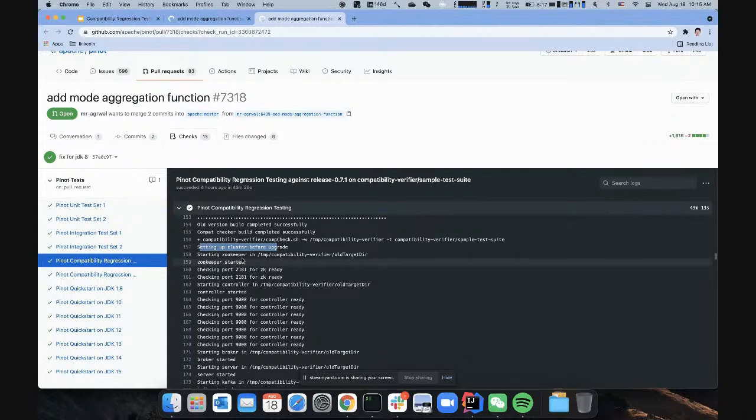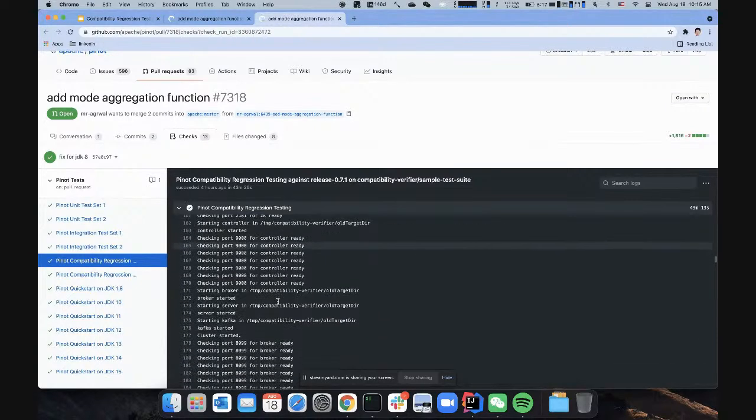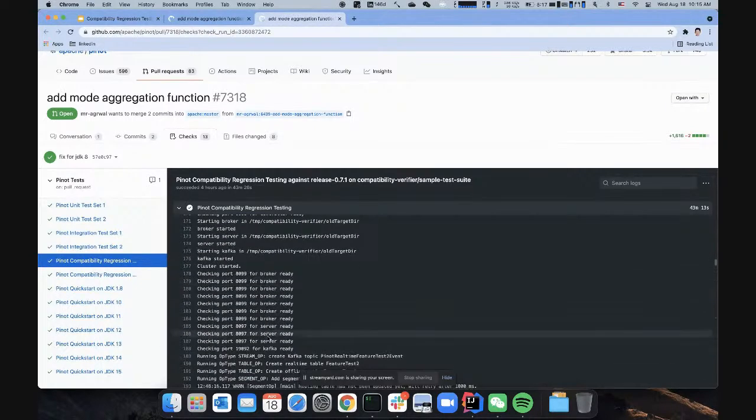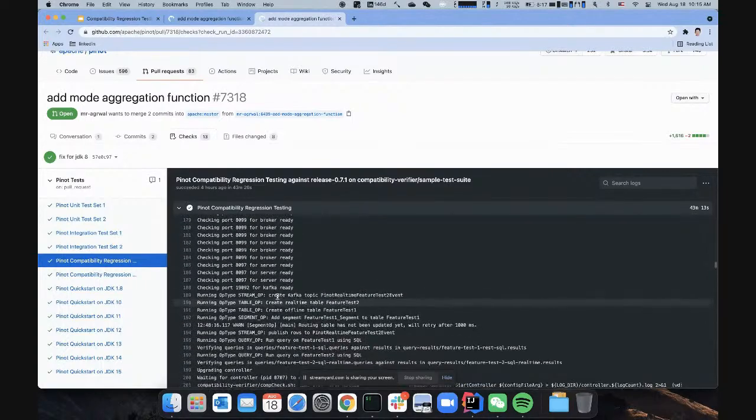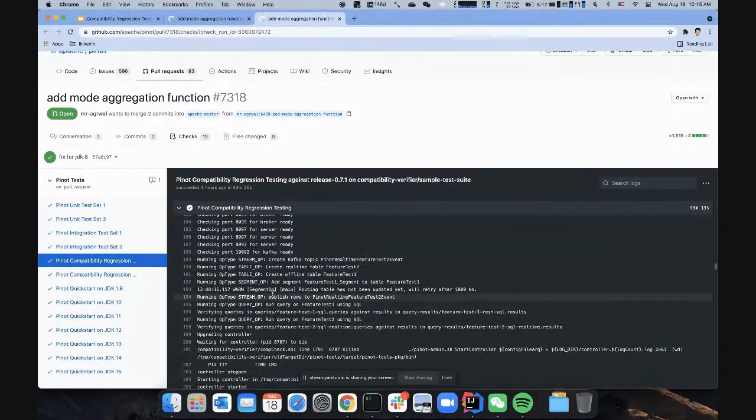Basically, it first starts Zookeeper, waits for the Zookeeper service to be ready, and starts the controller, broker, and server. After that, it will create a table, push some segments, and run some queries against the table.